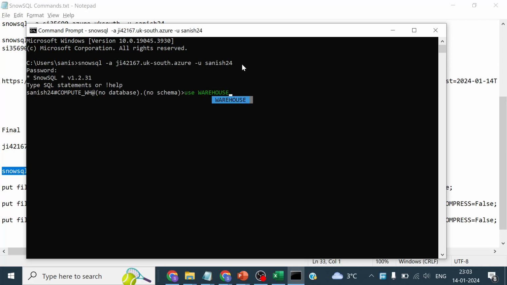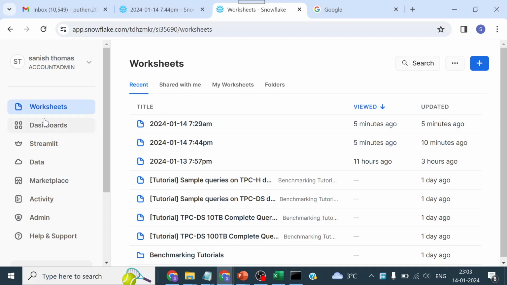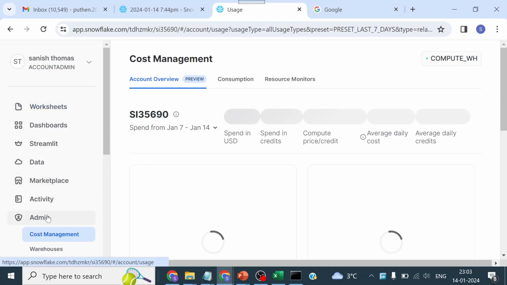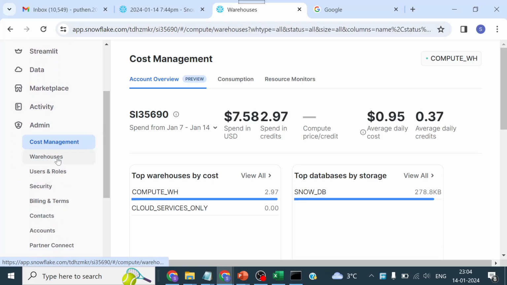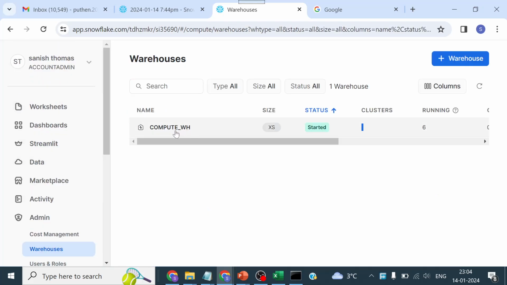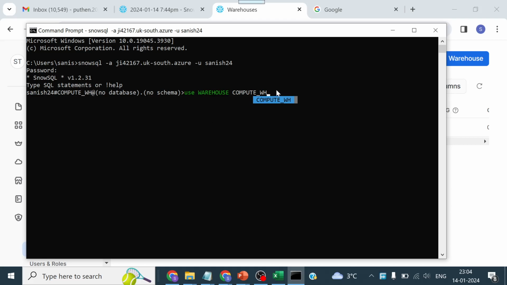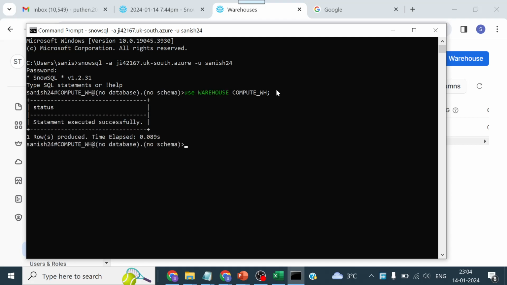go and select your warehouse compute. So this is my warehouse name. How you will get your warehouse name is go here to the admin, and then check your warehouse. So this is your warehouse name. Okay, and then give enter. Okay, and then